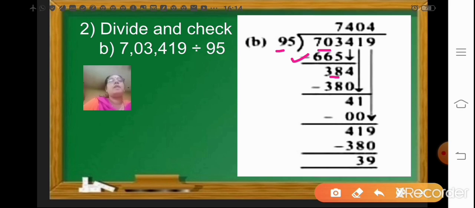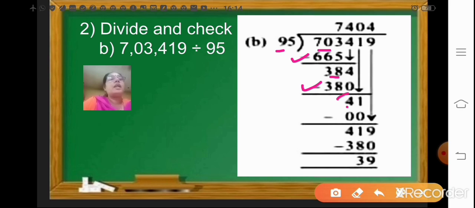So your number becomes 384. Now again take this 38 and divide it by 9 and see like which number you can multiply. 9 4s is 36, 9 5s is 40. So we'll not multiply 5 times, we'll take 95 4s. 95 into 4, when you multiply you will get the answer as 380. And when you subtract 380, you will get the answer as only 4. Now see children, here the number is only 4. It is smaller than 95. So you have to bring this 1 down.